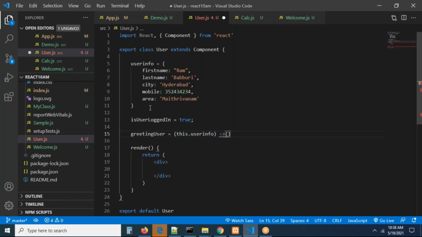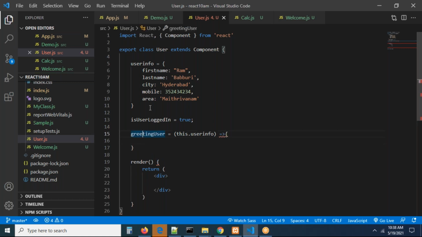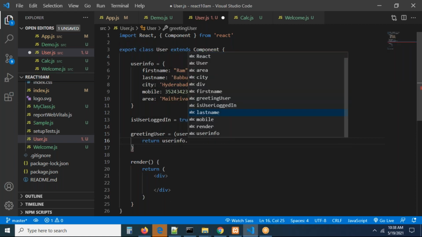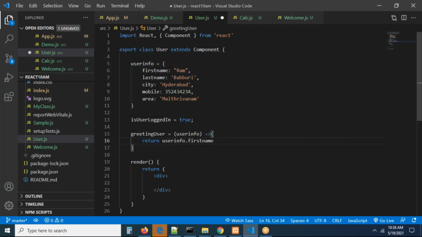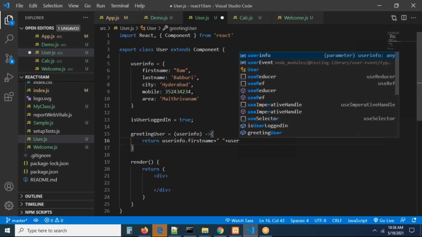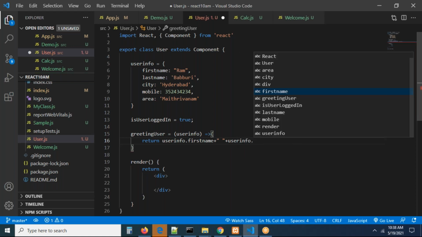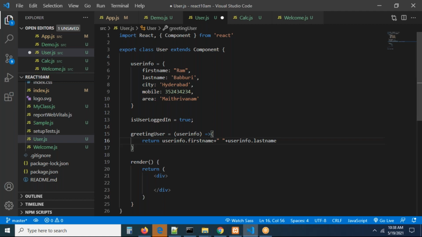Okay, you can go and check this. What happened? Anyhow, you have to pass the parameter, not this.userInfo. Perfect, guys. Here, just return userInfo.firstName. I'm just concatenating, but in the class, I'm writing userInfo.lastName again. This is the class, guys. That's all. So the function you created has a parameter.